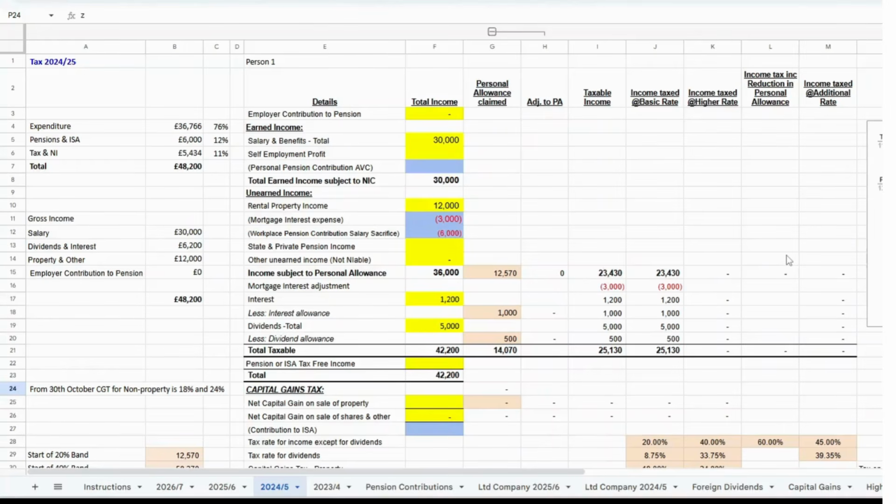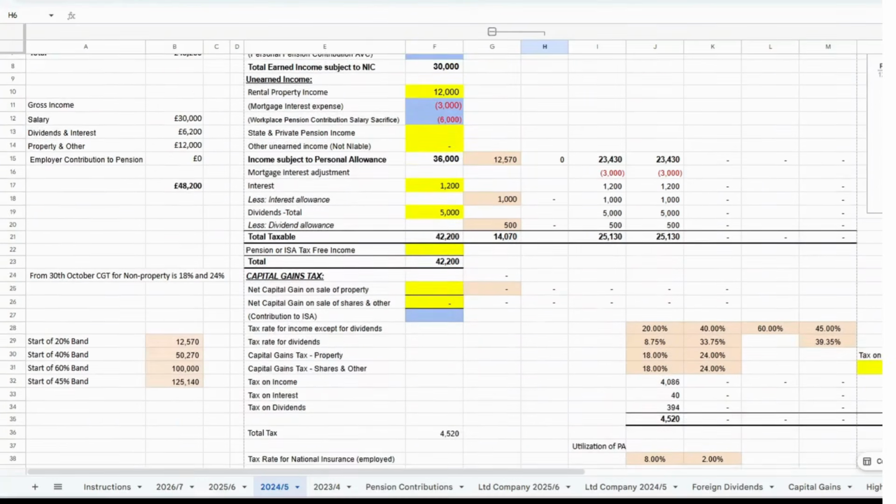Filling in your tax return on the HMRC website can be very complicated. And what happens if you make an error? How are you going to know that your inputs are actually correct? What you can do is use a tax calculator spreadsheet, put all your data into that prior to using the